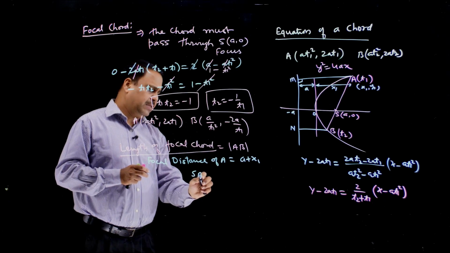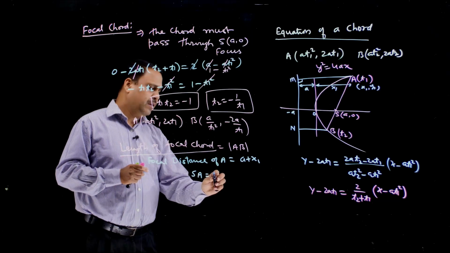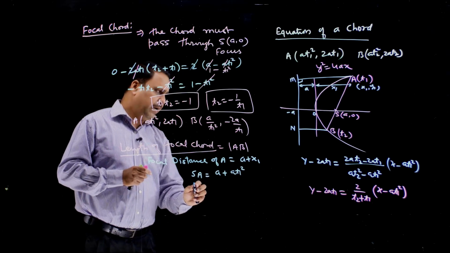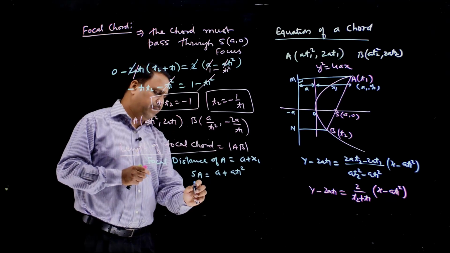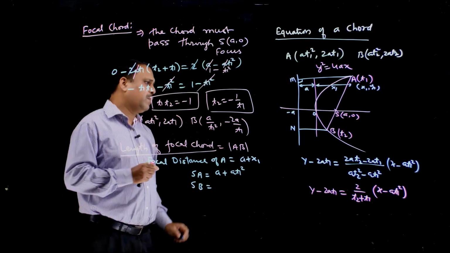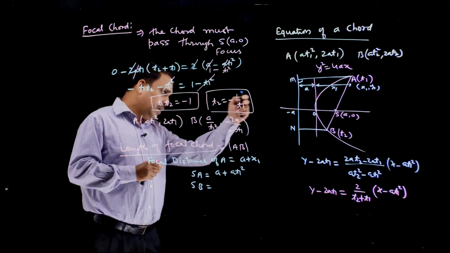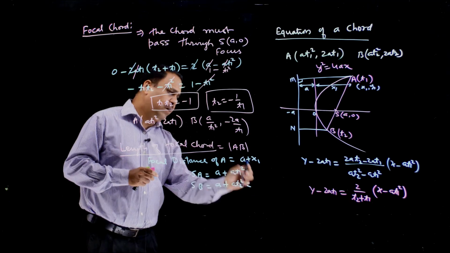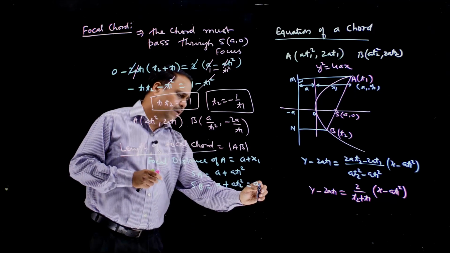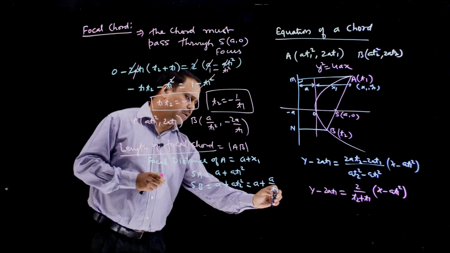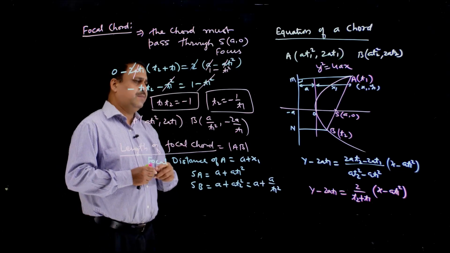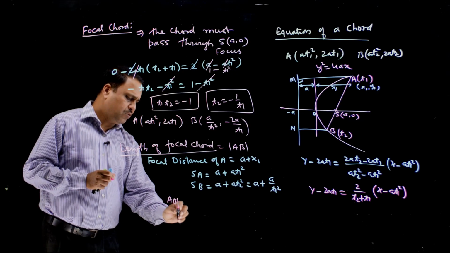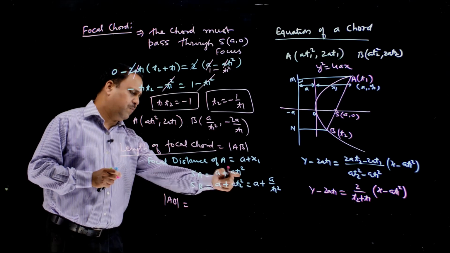That means SA distance is equal to A plus x1 coordinate, which is A plus A T1 square, and SB is equal to A plus A T2 square. And we have already calculated A T2 square is equal to A upon T1 square. So total distance SA plus SB, that means AB. I will add both. So AB is equal to, add both,